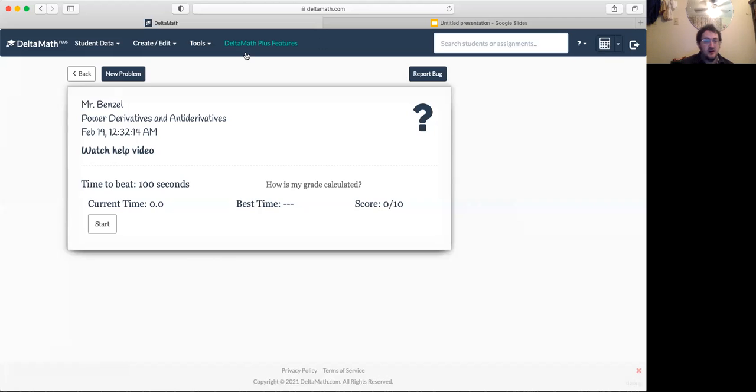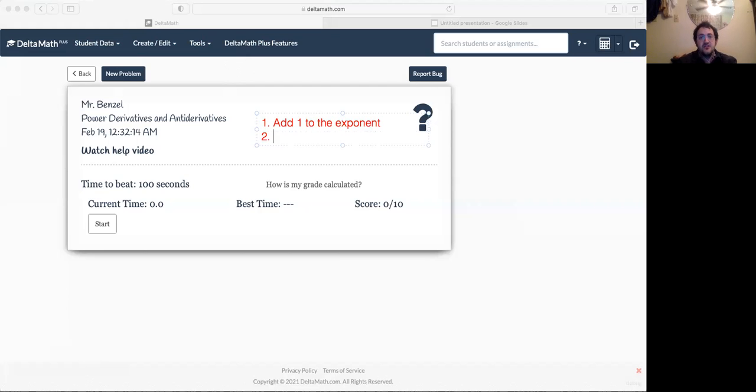All right, we're going to look at a few Delta Math exercises with antiderivatives. The first one is a time challenge. I want you to become really fluent at the power rule of antiderivatives. There are really two rules that you should do. One is add 1 to the exponent, and two is divide the coefficient